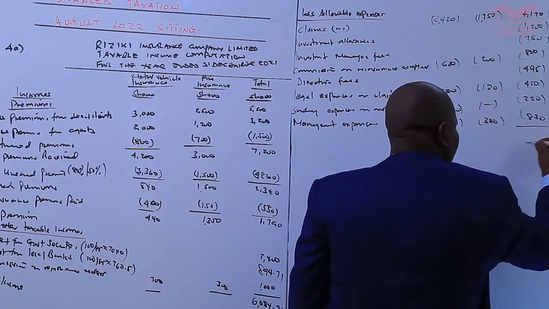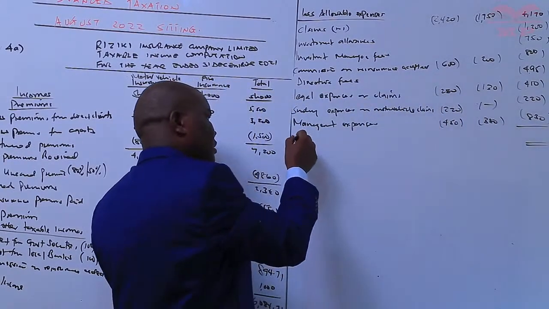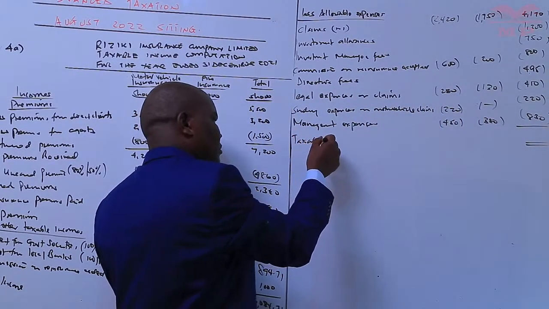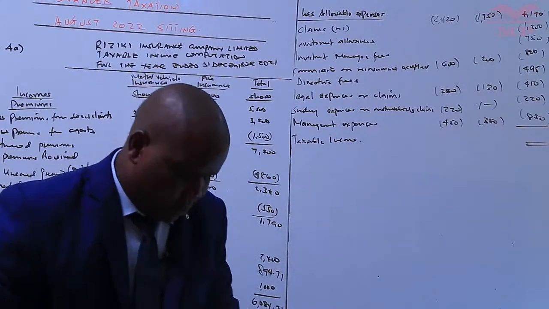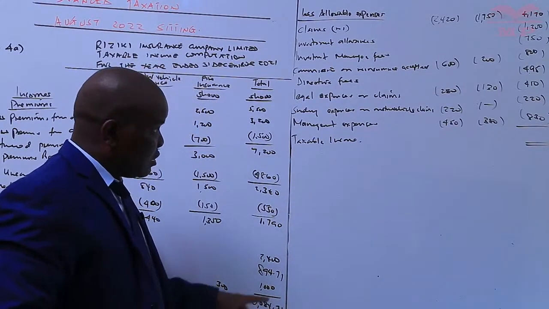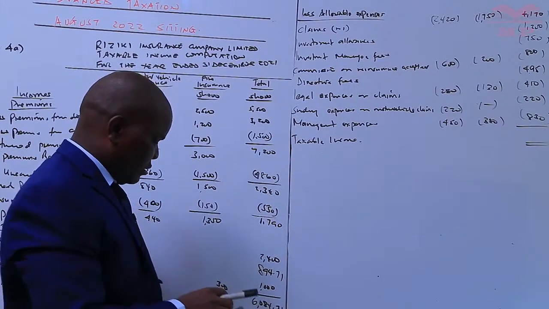Good. So this is what we are interested in. So we get total taxable income. Be very keen. So taxable income is total income less allowable expenses. So we have